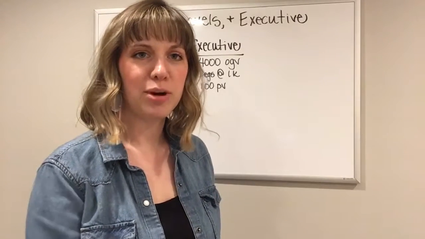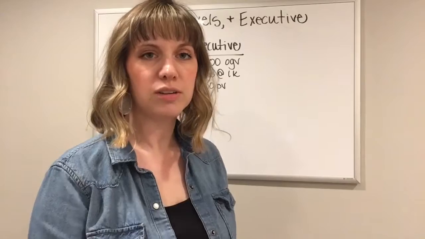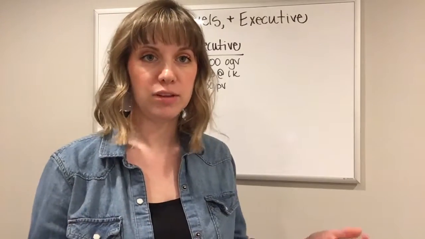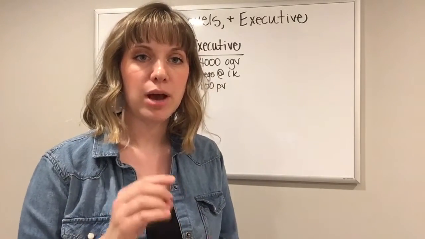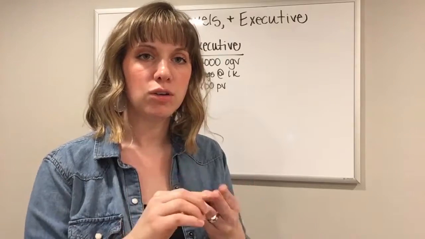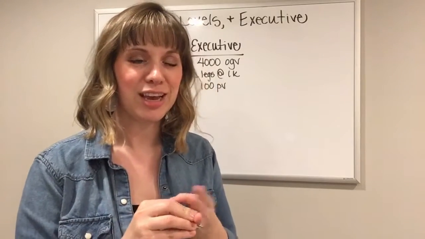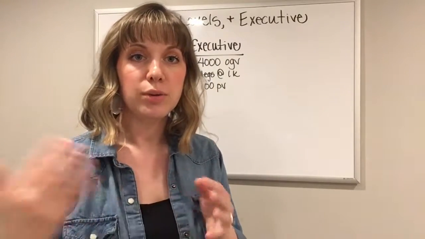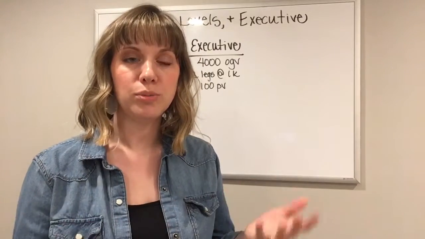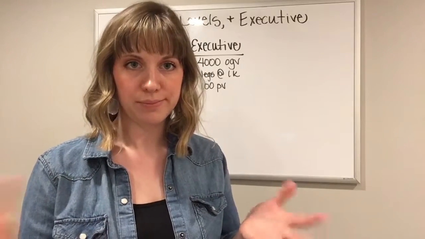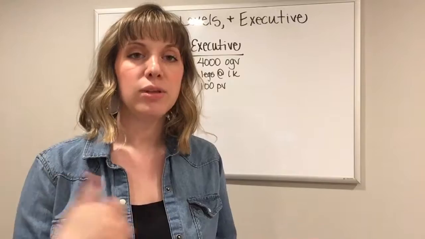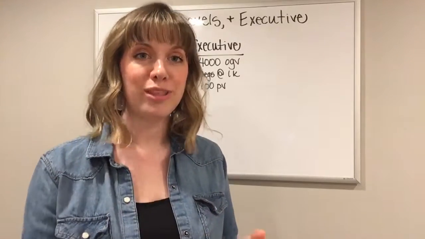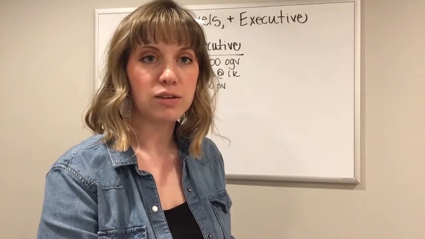Let's continue talking about our rank levels and also discuss the difference between a leg and a level in this video. So we've already talked about the ranks of distributor, star, and senior star, and let's look at executive now. So with senior star, we have an overall group volume of 2,000 PV, or 2,000 OGV. With executive, we're going to grow that to 4,000, but we're also going to have something else come into play